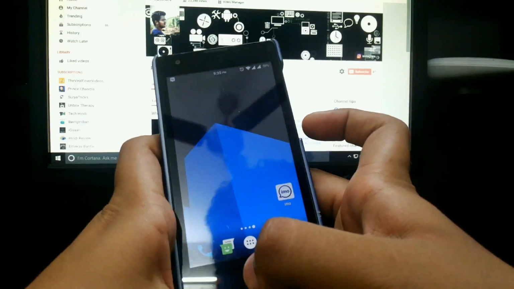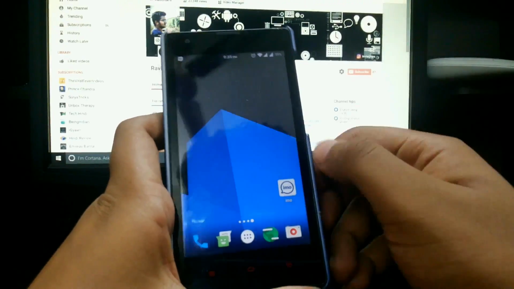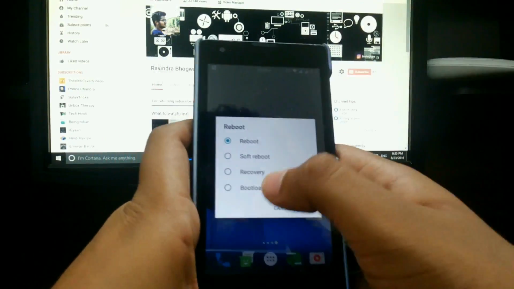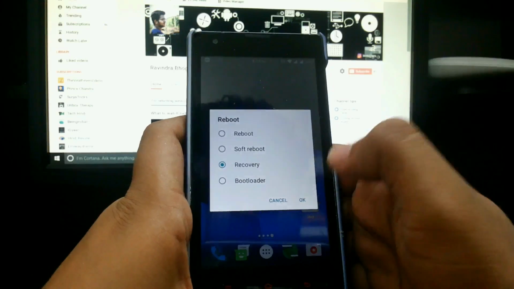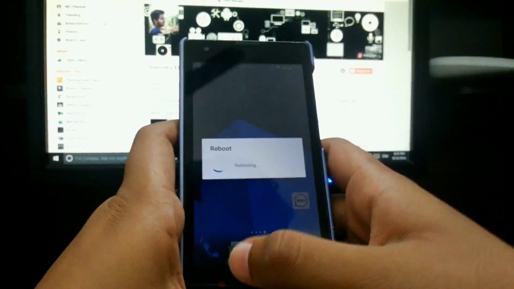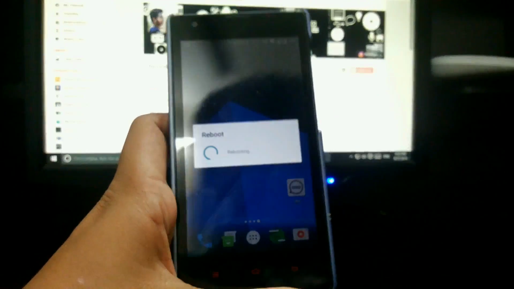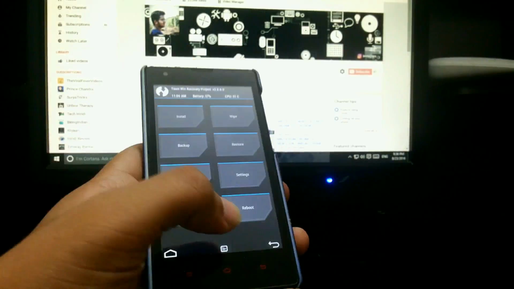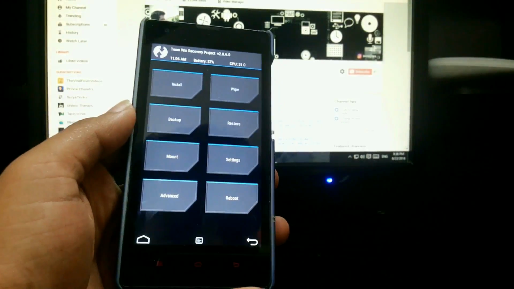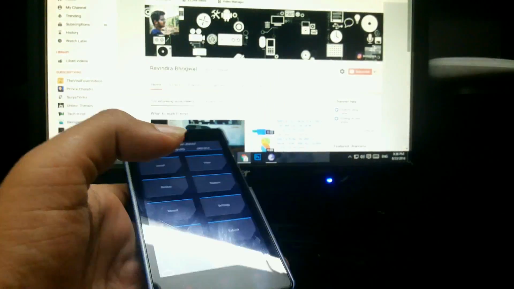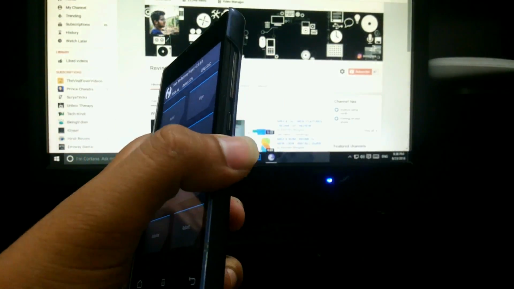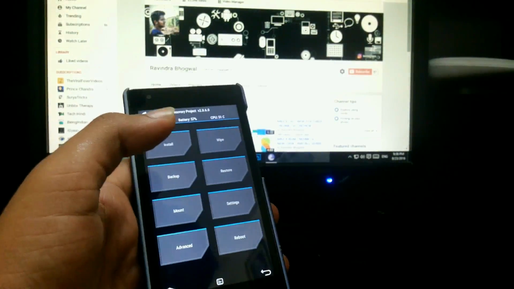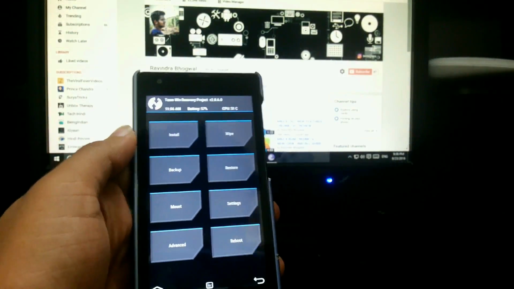You have to boot into recovery method. So I'm booting in directly from here. So after booting into recovery, the RP recovery looks like this. And another method to boot into recovery is to switch off the cell phone and just press holding volume up button and lock button simultaneously till the MI brand comes.